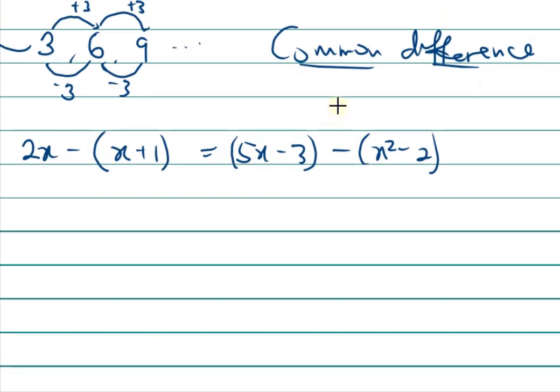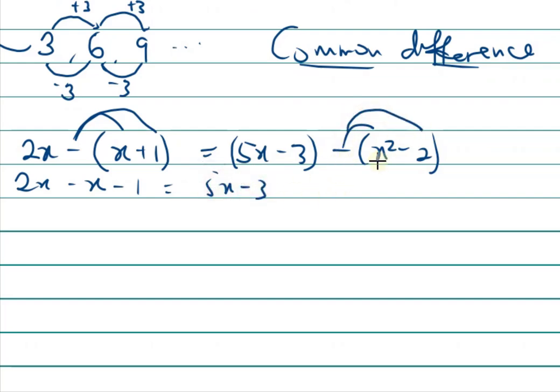Since for an arithmetic sequence we always have a constant difference between consecutive terms, we are going to rely on that to find the value of x. So let's solve for x. I'm going to distribute the negative inside the bracket. This will give us 2x minus x, negative and positive will still give us negative 1, is equal to, similarly, I'll distribute the negative inside this bracket. So I have 5x minus 3. Negative times x squared will give us negative x squared, and negative times negative 2 will give us positive 2. I can simplify this equation. 2x minus x will give us x, so we have x minus 1 is equal to 5x minus 3,